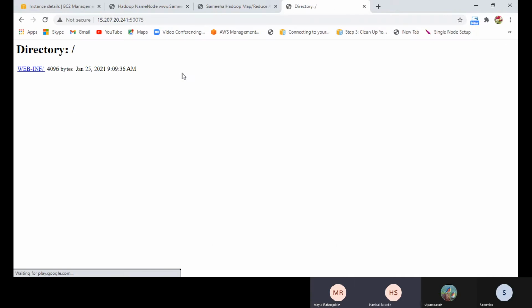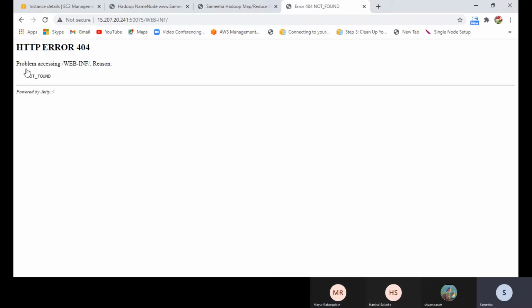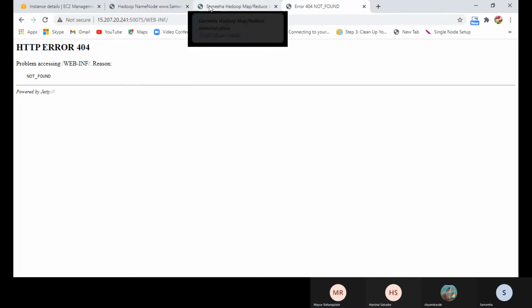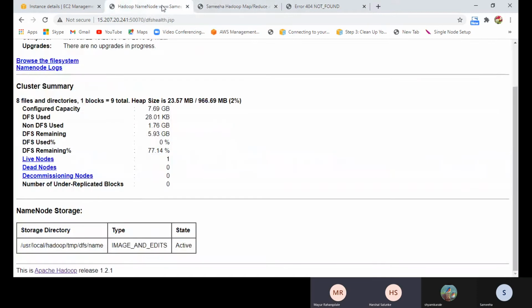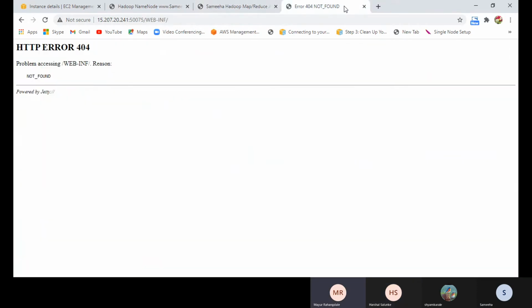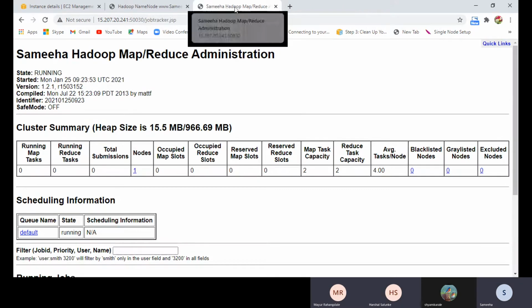HDFS, the file system. Refresh it. Have you given the permission for 7.5 in the inbound rules? Yes, the permission was there. Click on that. Web error, not found. Public IP is the same, right? Same. Actually, we used to go on 7.5 at the time of multi-node.